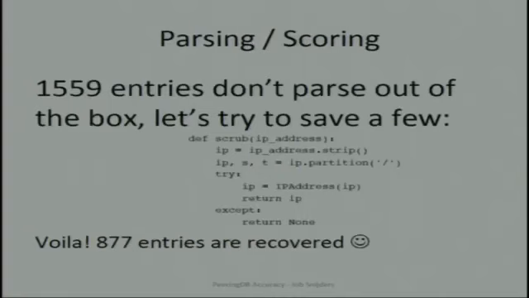Of those 15,000 entries in PeeringDB, about 10% is not parsable if you don't do a little bit of scrubbing. And with some very light scrubbing, here's a small Python example, it's like 2 lines, you already recover like 60% of those unparsable IP entries. In this case, the scrubber strips leading and trailing white spaces. It removes everything after a slash, and the remaining part it tries to parse as an IP address object in Python, and if that works, cool, it must be an IP address. If it doesn't work, it's useless data.